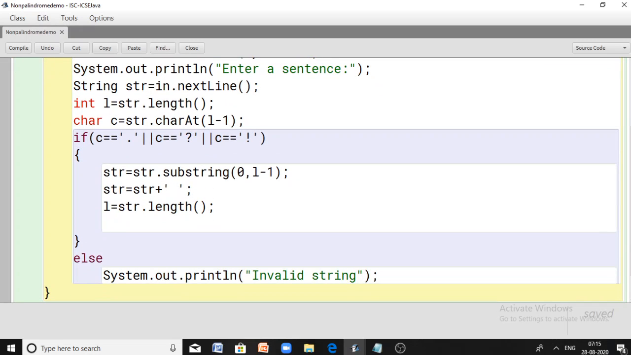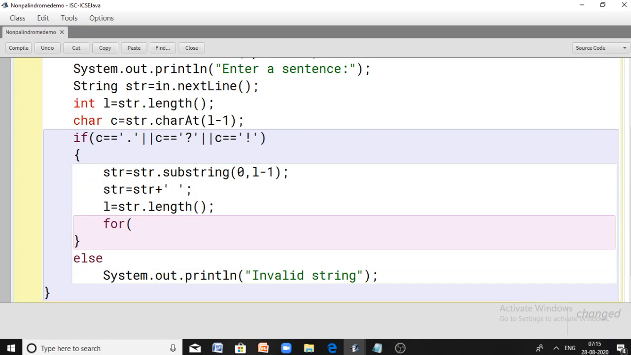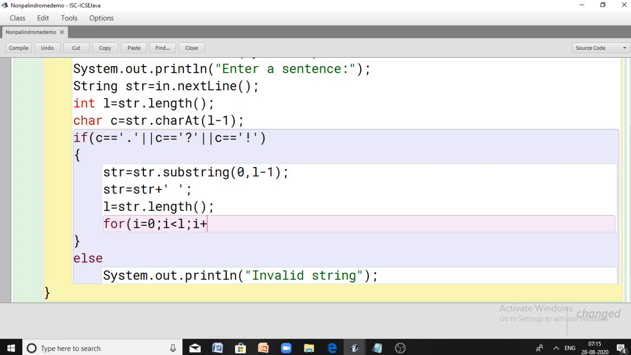So let me take a for loop, with a looping variable i, and its initial value is the index of the first character in the string, that is 0. Then I am going till the length of the string, that means till the last character, so i less than L, then i plus plus. So here